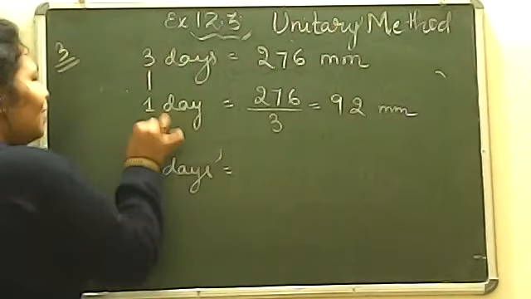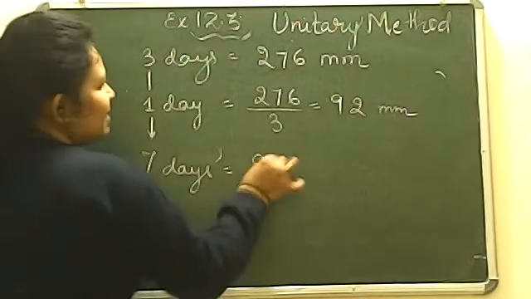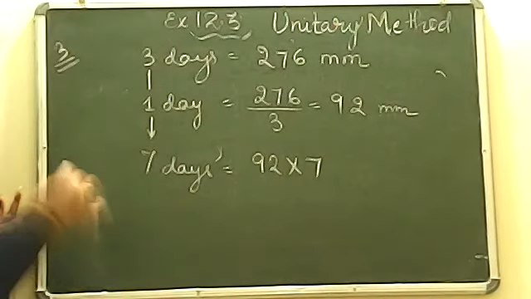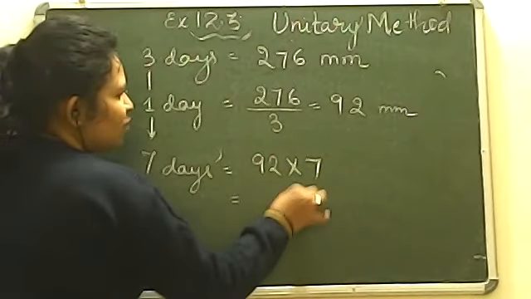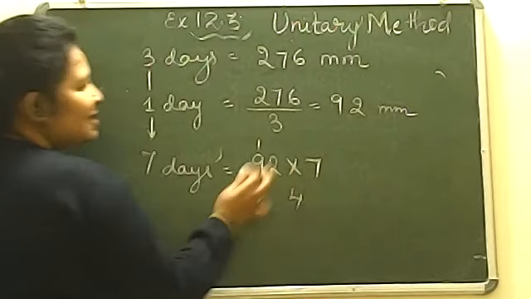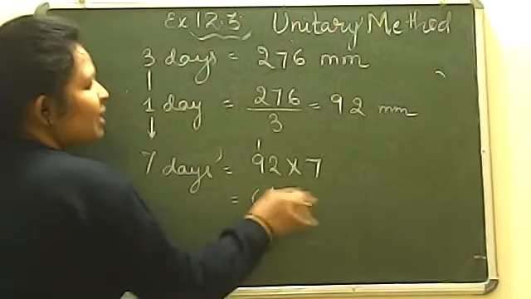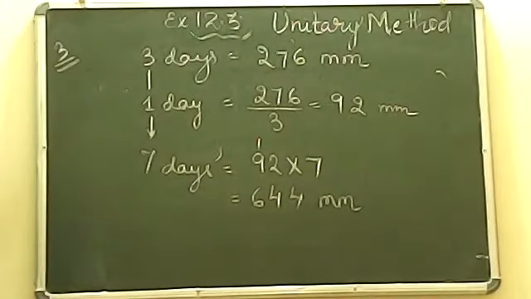Now see, we were knowing for 1, we are going for 7 days, means 92 multiplied by 7. Simply 1 to many, multiply now we will do. So what is coming in the multiplication form? 7 2s are 14, carry here 1. 7 9s are 63, 63 and 1 64. 644 millimeter. Now this question is in millimeter now, but our question is asking that we have to find in centimeter form.